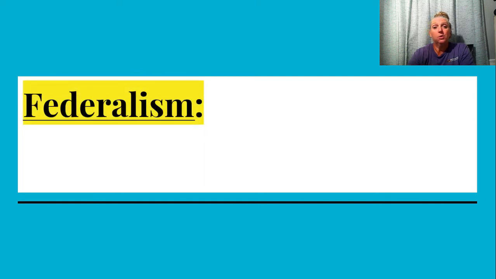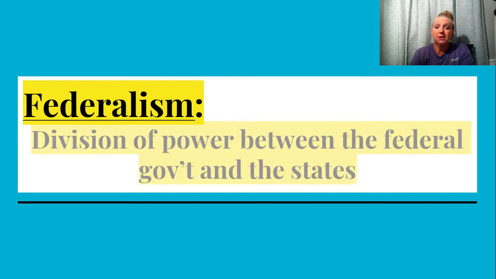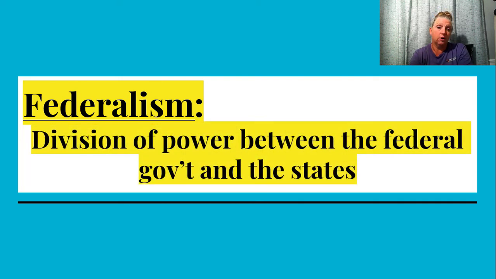Federalism. We have talked about this concept in Unit 1 when we were talking about how power can be divided, in reference to a unitary government where all the power is at the central government at the top, or a confederation government where the power is in the local governments. And then we talked about a federal system in which they shared power, or there was a division of power, and that's what federalism is. So federalism, you need to be referencing that image that we had for the federal system in Unit 1, but it is just the division of power between the federal government and state government.